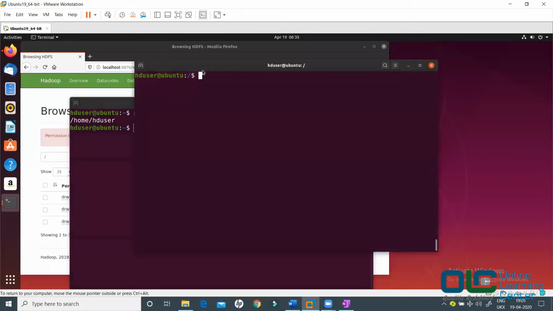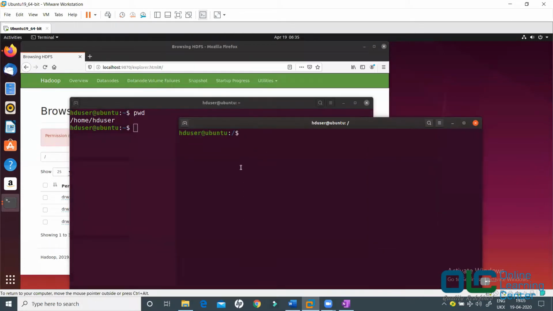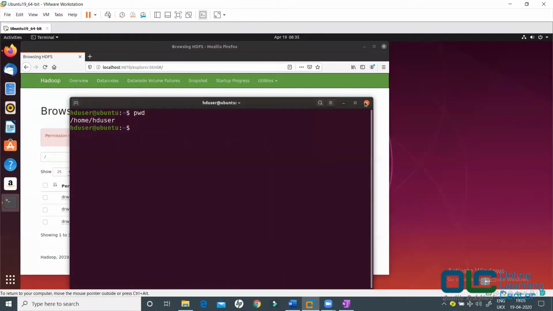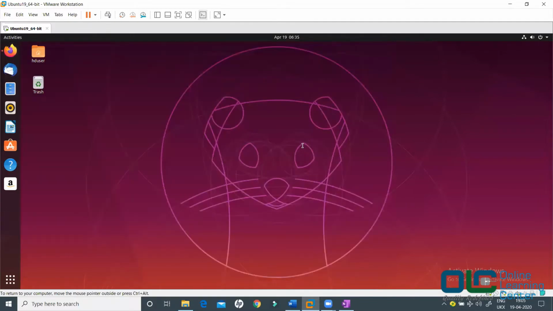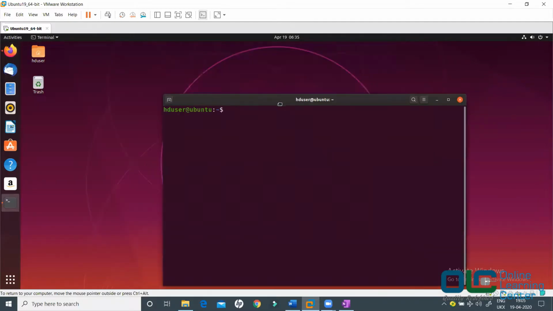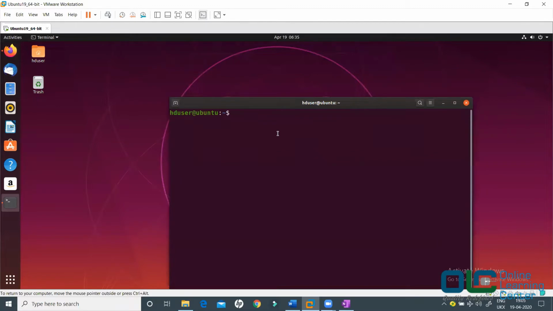So now I'm going to execute a command. Let me close this up, let me close this also, and let me have this as it is. Let me open a new terminal. Not really necessary, but I felt let me start from here. I open a new terminal, and now I'll say pwd. By default, I am here in /home/hduser. Remember, whenever you say /home, that means you are in your Ubuntu system.